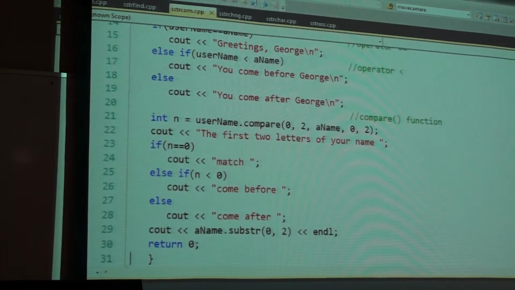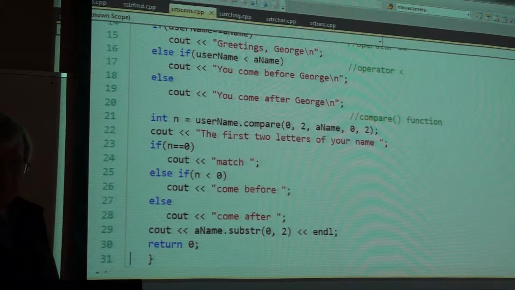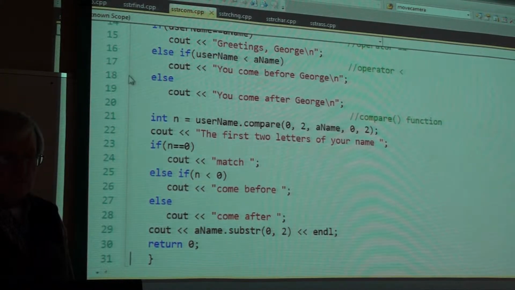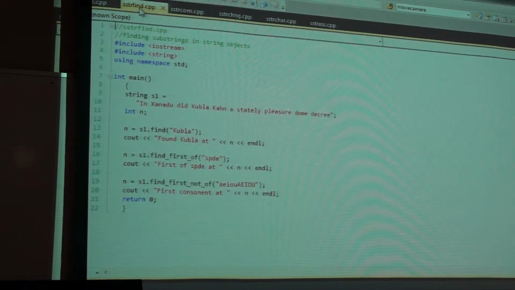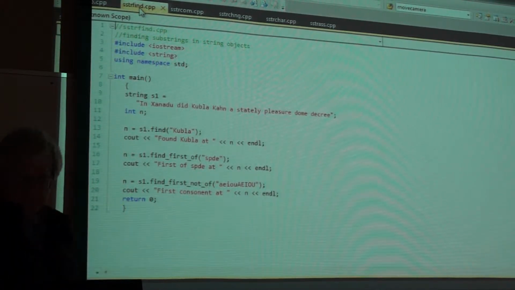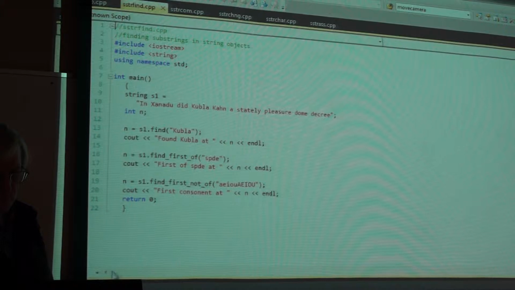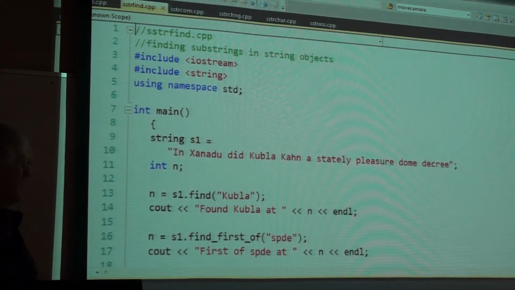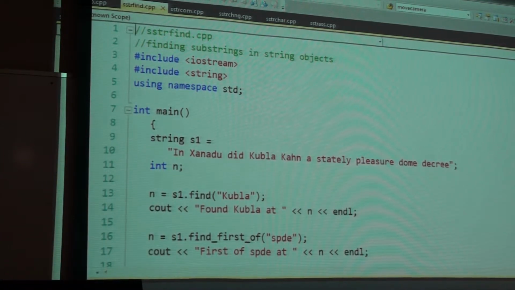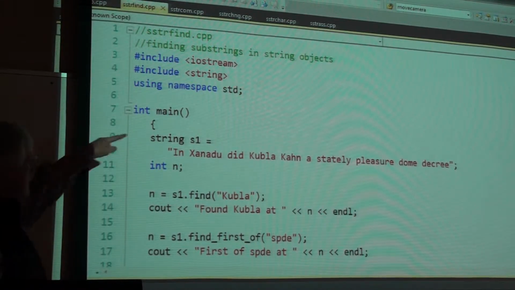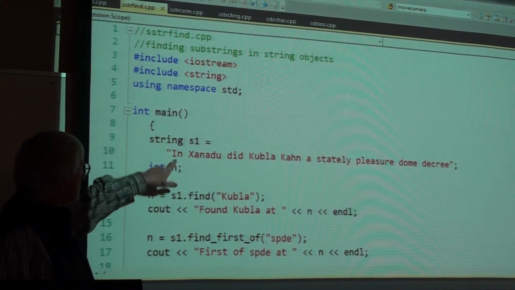Things that we might like to have. String find. S1.find. Find that string, pattern match, search for in this, which is S1.